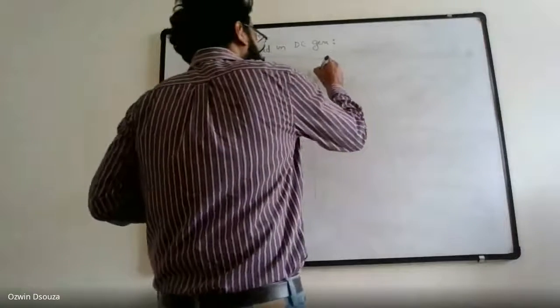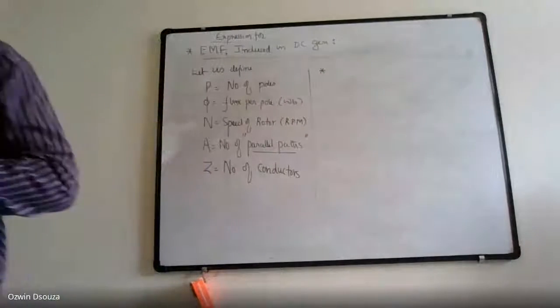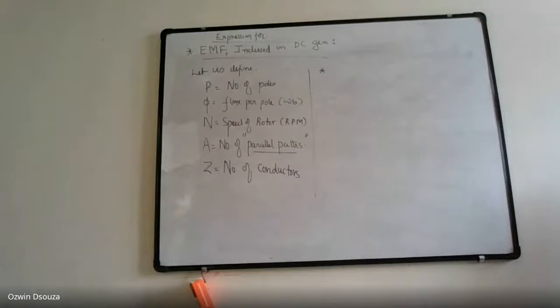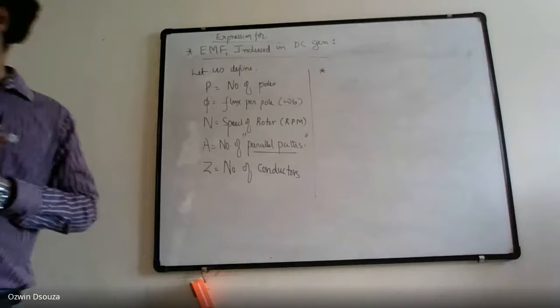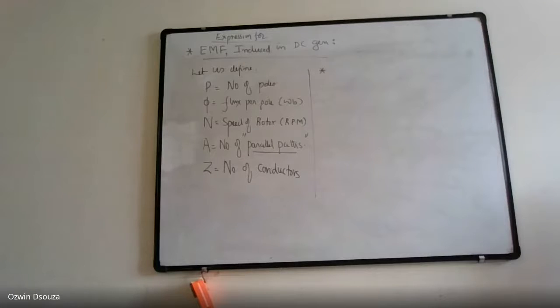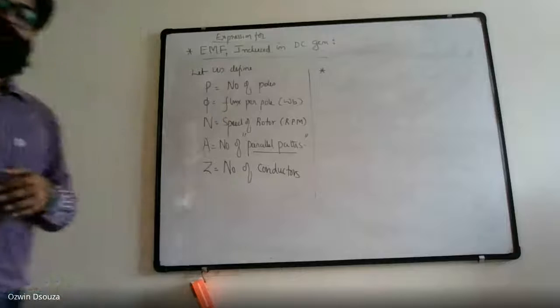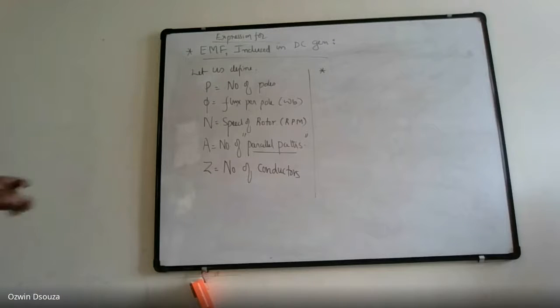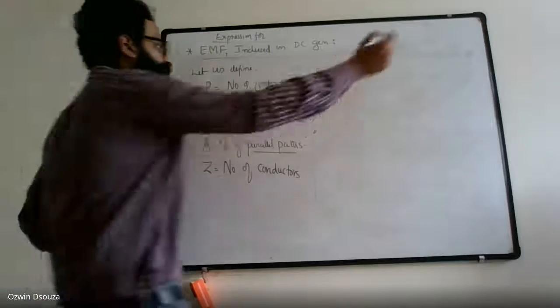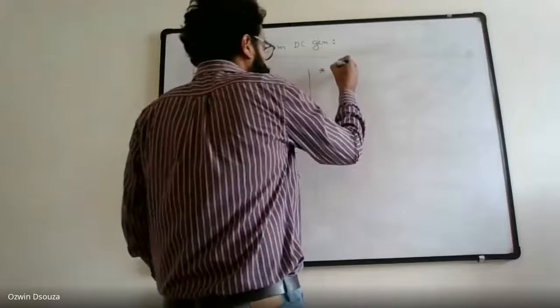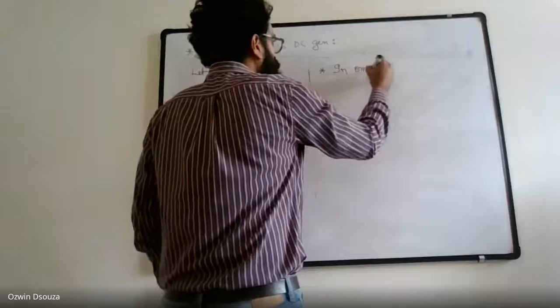Now, the EMF expression is quite similar to the alternator. The only difference is that your DC generator has commutator segments. That's the only difference. Of course, in your DC generator, field and conductor systems are interchanged. So let's start with, in one revolution of the rotor,